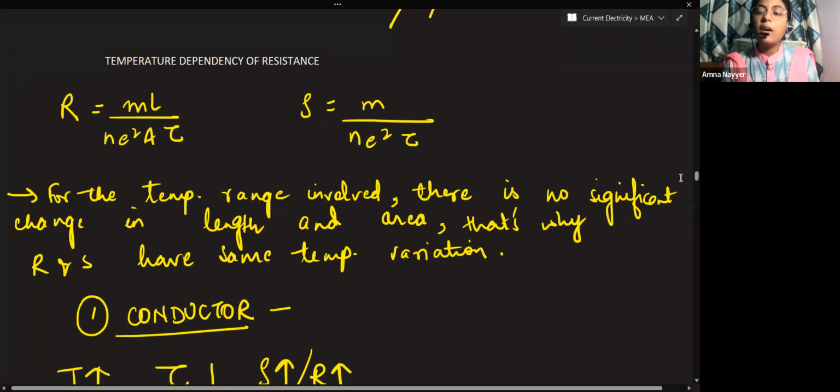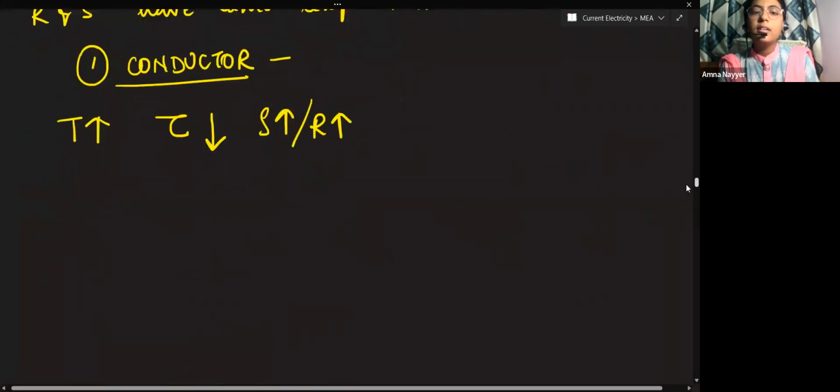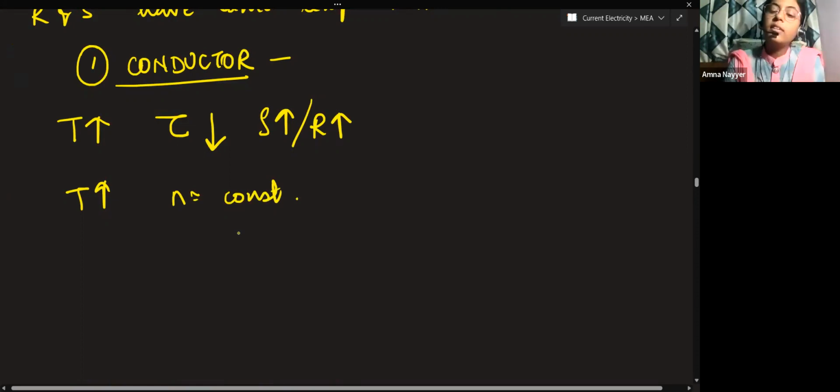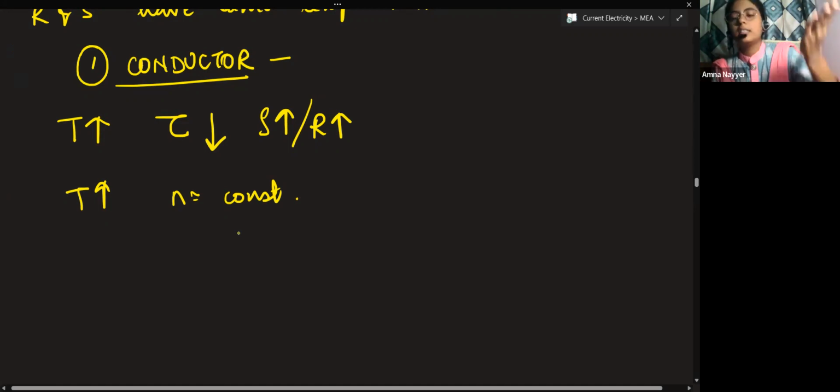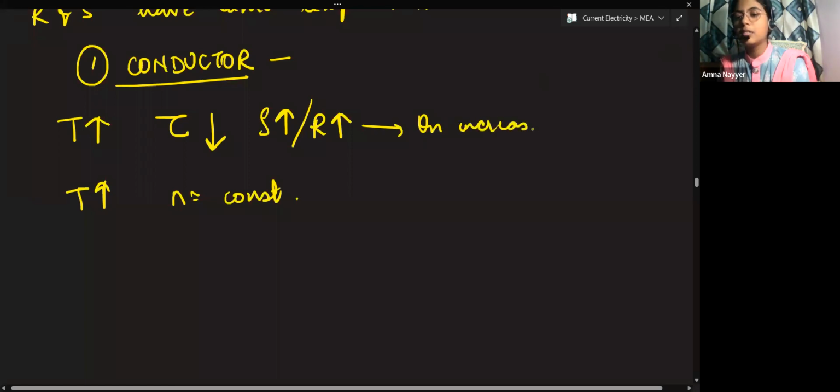By N, what happens is that when we increase the temperature, it does not affect the number density, it remains constant. So all the variations are with respect to relaxation time, and relaxation time is inversely proportional to temperature. So temperature increases, tau decreases, resistivity rho increases. I'll write it down also. On increasing temperature,